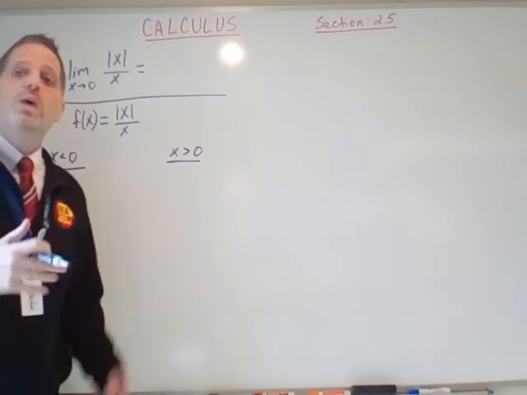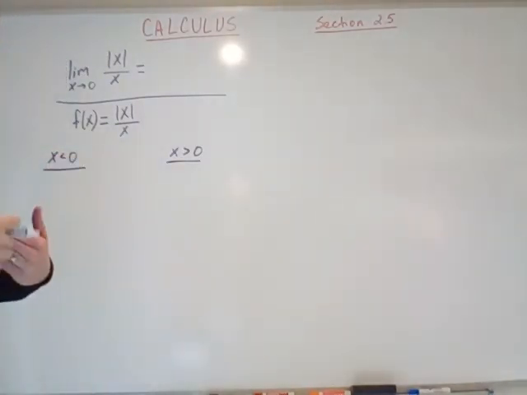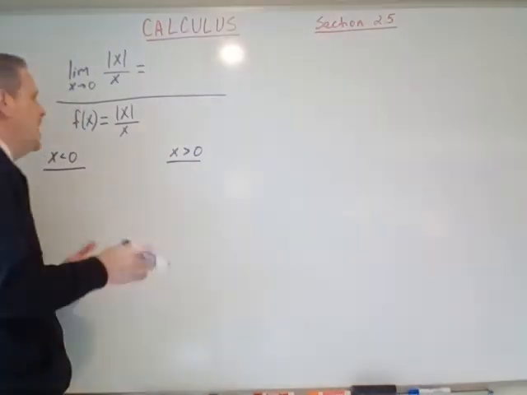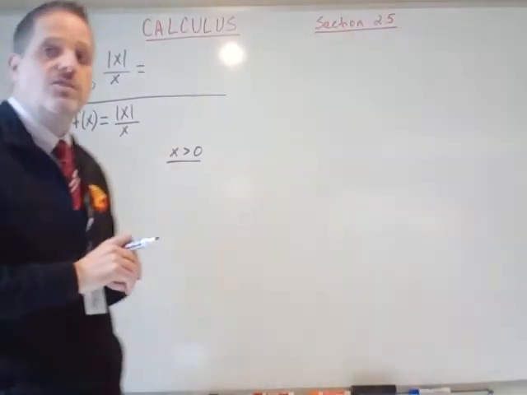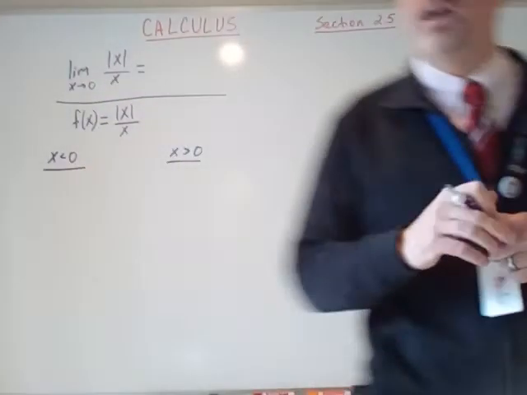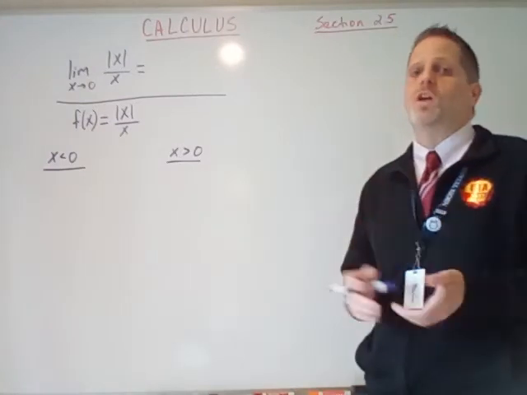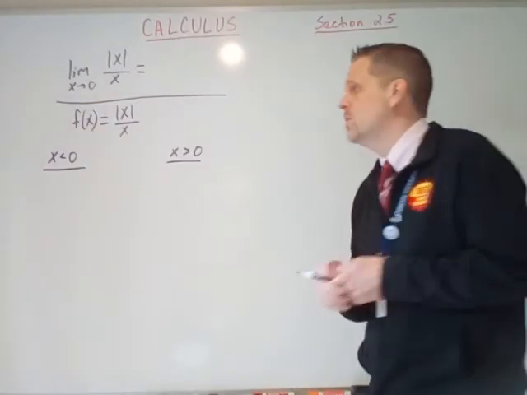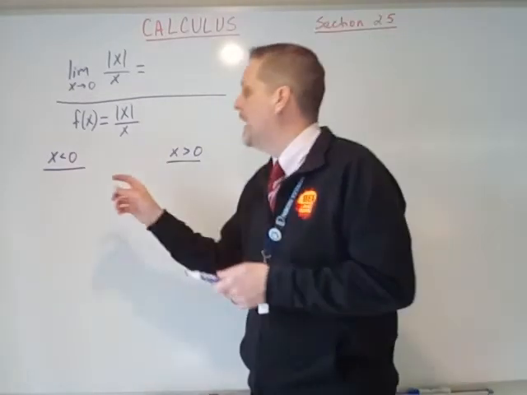Okay, so when we are to the left of 0, we can use test points, we can plug in values, anything to the left of 0, and determine what the absolute value does to those numbers that are to the left of 0. Okay, and if we're to the left of 0, that means we're plugging in negative numbers,